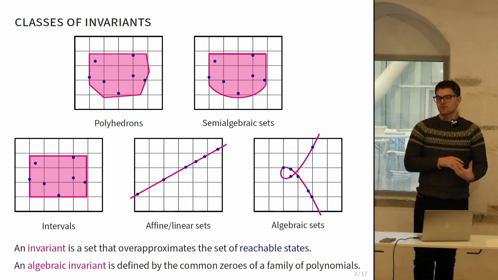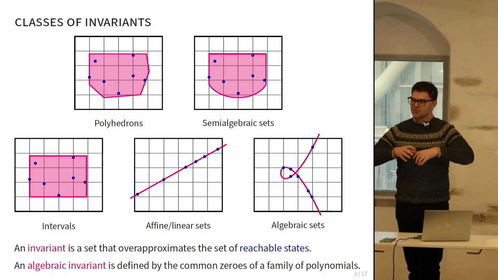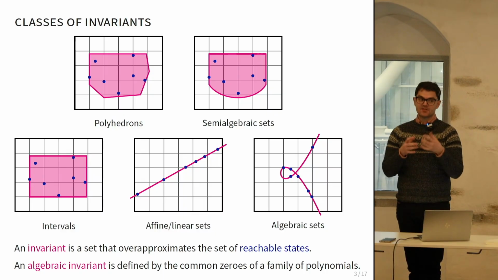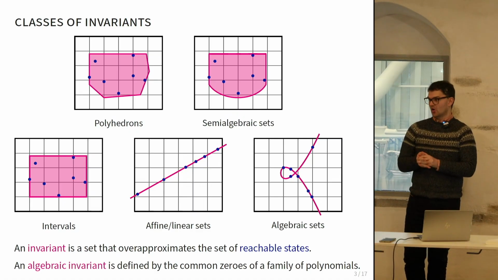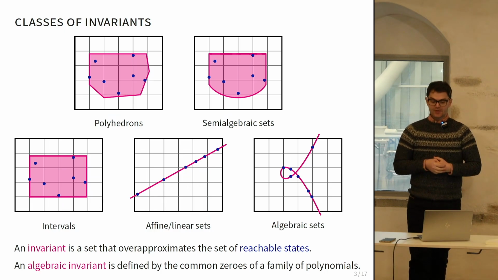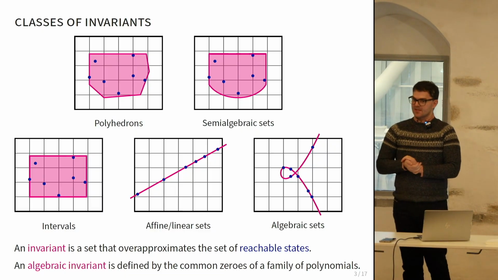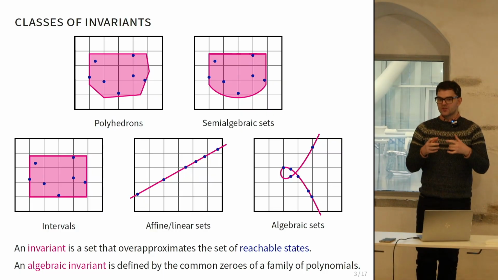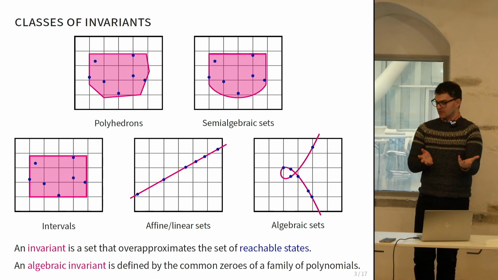We're particularly going to focus on algebraic invariance in this talk today. So what do I mean by an invariant? This is just going to over-approximate the set of reachable points of your loop program. Three of the diagrams on this page have the same system of dots: the top two and the first one on the second row. And of course, I've drawn a pink set over these reachable states, and depending on what type of over-approximation you allow, you can get different shapes of sets.